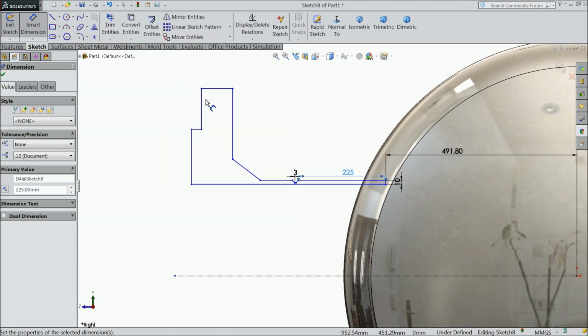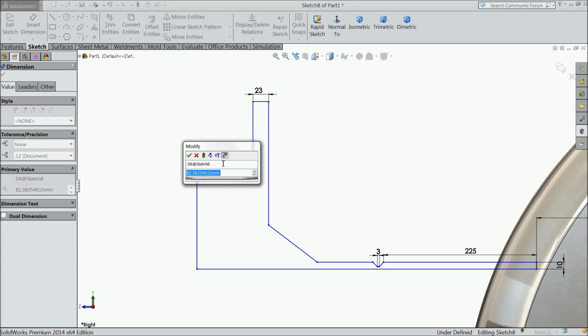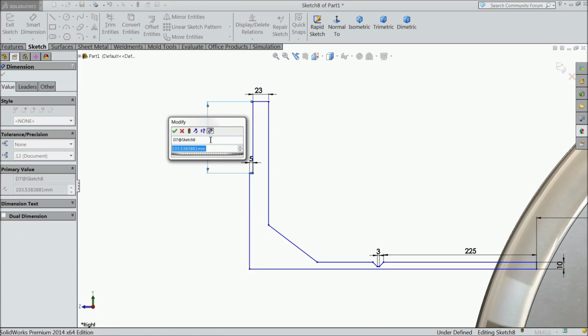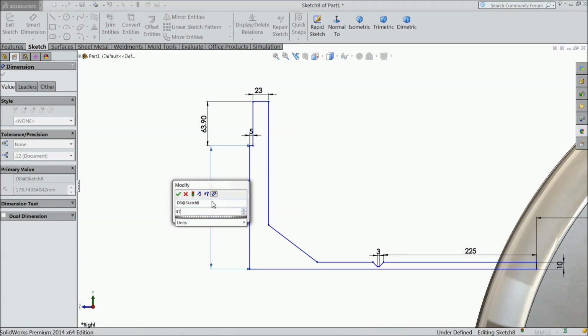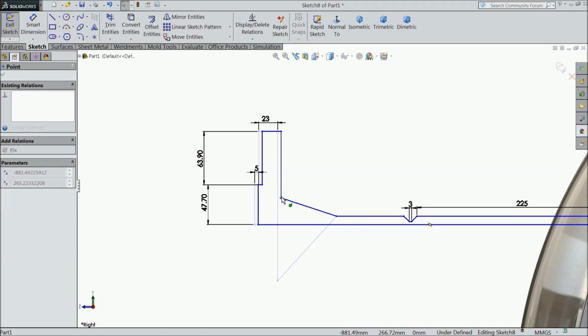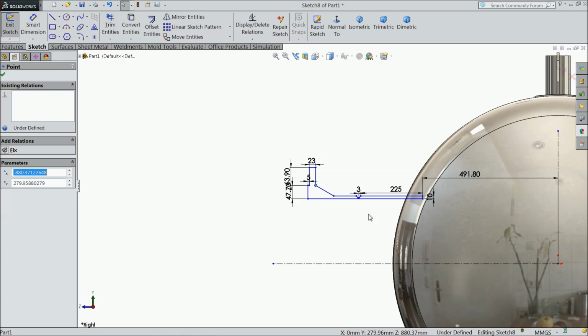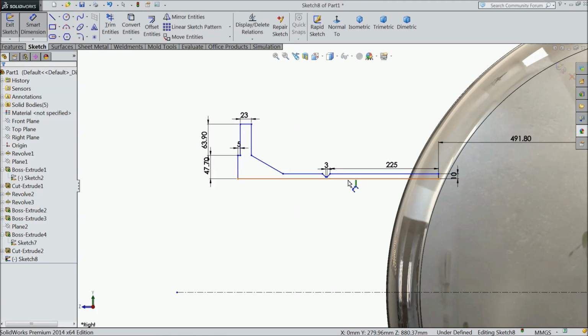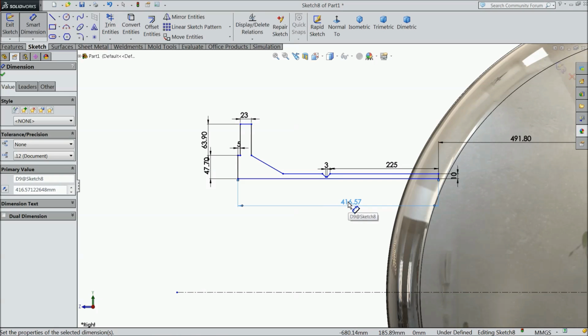.225. Keep 23 mm. 5 mm. The length 63.9 and this length 47.5 mm. Okay. This one, drag a little in the upward direction. That's it. And this overall length, make sure this length should be,